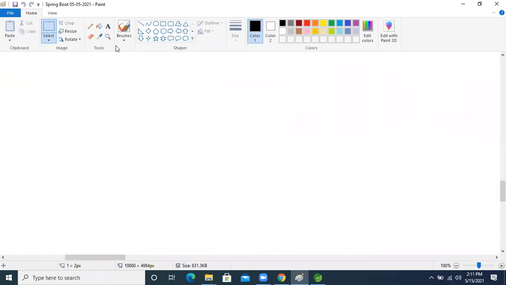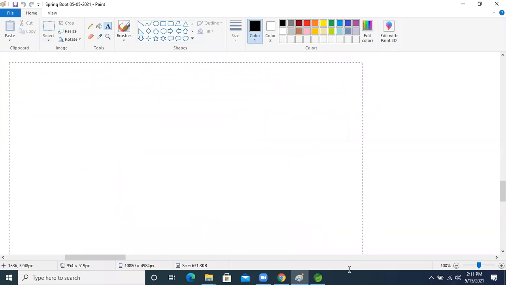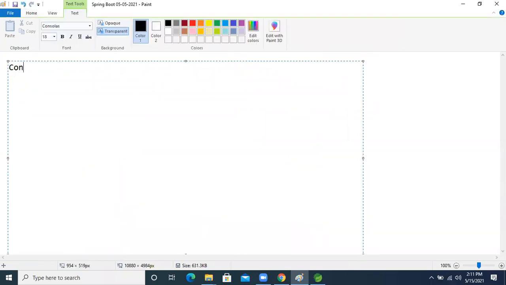What rules are there? Let's see. So now I'm writing this. Configuration properties: we know that in configuration properties, we store the data in key and value format, right?